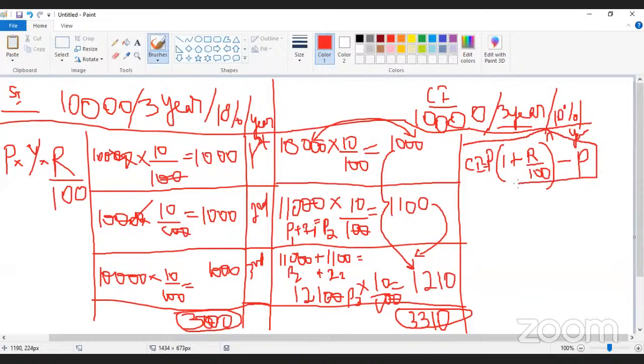See, these are all word problems, direct statement questions. So what happens in simple interest? When I find the simple interest, P into year into rate by 100, I get only the interest. But here, I will be getting the interest along with the principal amount. So to find only the interest, again I'm subtracting the principal. Are you clear with that?